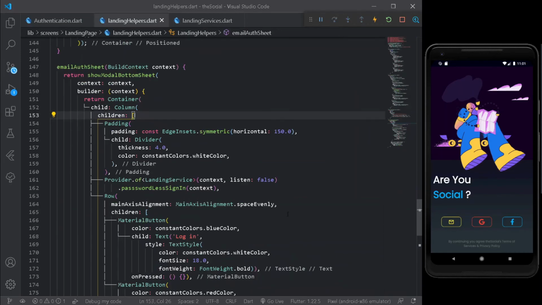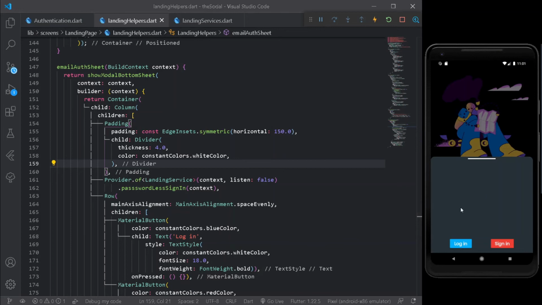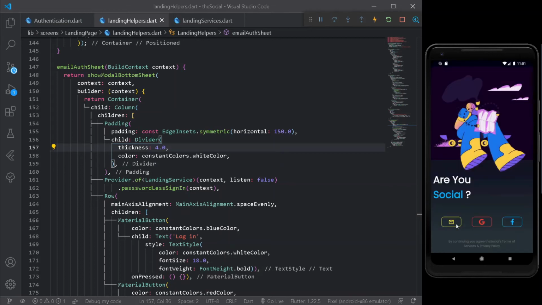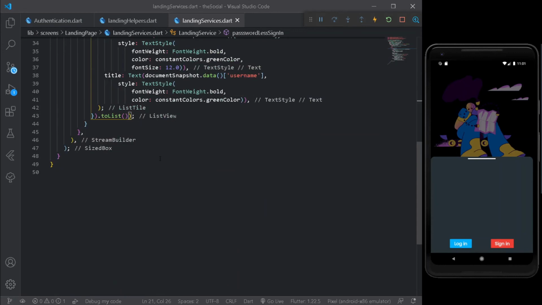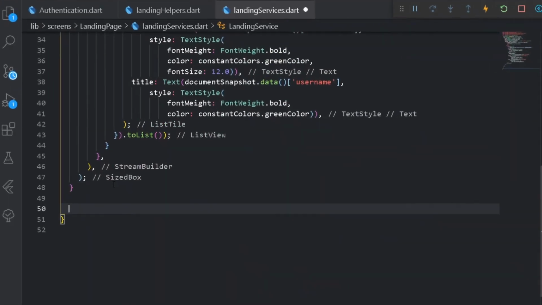Alrighty, so our application is loaded one more time, so now let's test it out by opening it. Alright, it's loading, but we won't get any data because there is not any data. So now once we have completed the following sheet, let's create different sheets for login and sign in itself. So for that, under our landing services, let's have a new widget for a sign in sheet.